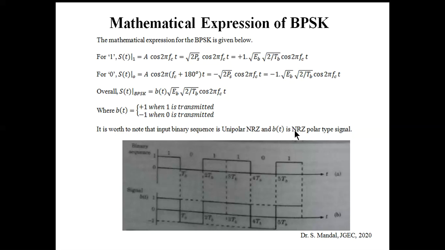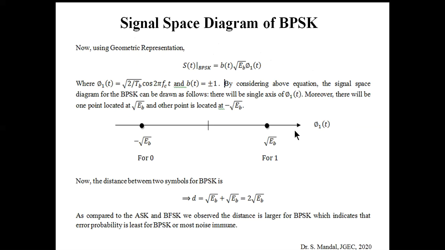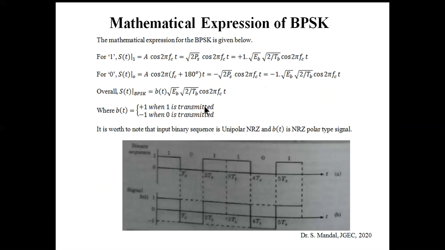So we can see, we have observed the corresponding mathematical expression like this: s(t) BPSK is b(t) into root over Eb into root over 2 by Tb cos 2 pi fct. Now coming to the signal space diagram of BPSK. So from the earlier equation, we can write that